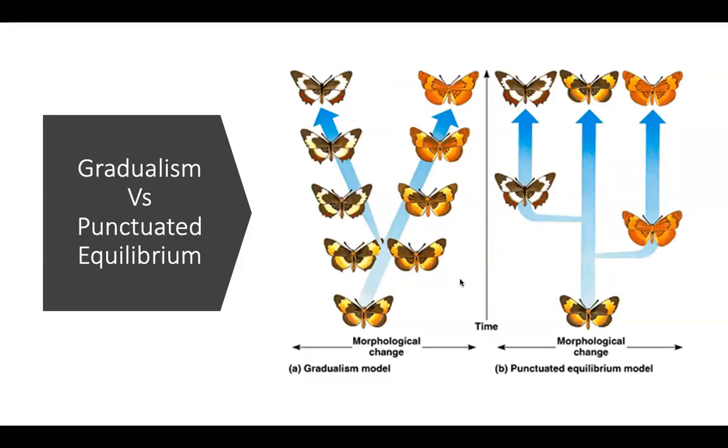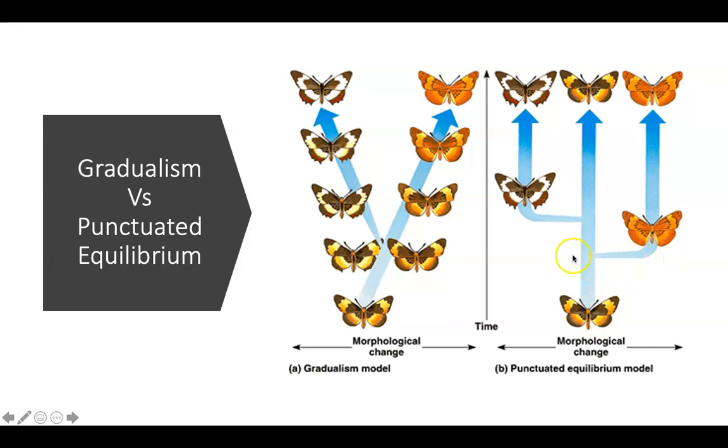And then we have gradualism versus punctuated equilibrium. And this is a concept that different organisms evolve under different conditions. So gradualism, as is shown here on the left-hand side, is the idea that we have a common ancestor and there's some sort of slow environmental change, and so there might be some separation that causes a different speciation to occur here. And then gradually over time and over generations, we end up with organisms that are fairly similar but are now different species. Whereas punctuated equilibrium is the idea that there's been some sort of huge environmental change that has led to a rapid change or rapid adaptation of that particular organism.